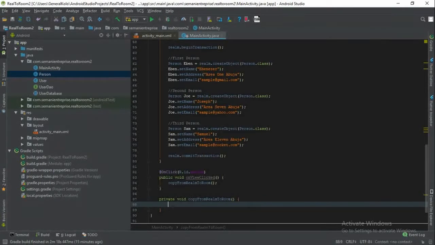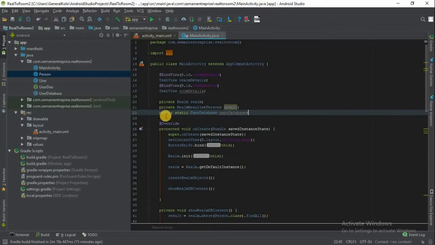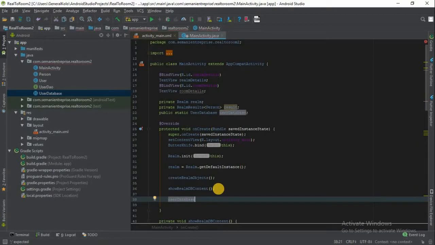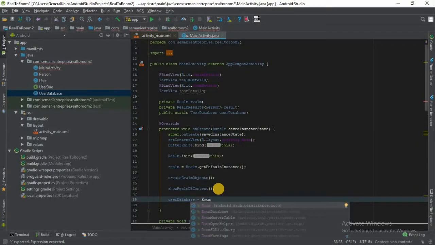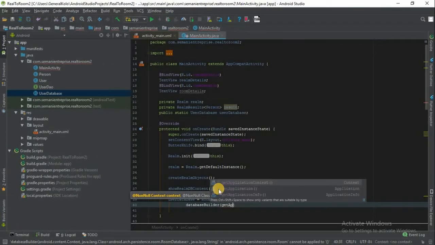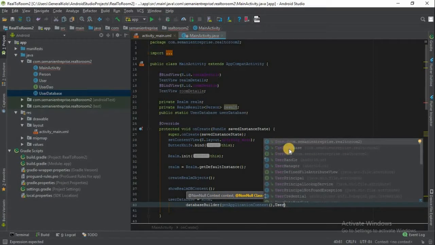Now for us to do that, we have to first initialize our database here. So we'll go to the top of this file and create a new variable: public static UserDatabase, which is this, create an object called userDatabase, and then right in our onCreate method we're going to initialize it. So we're going to say userDatabase is equal to Room dot databaseBuilder. The context we're going to say getApplicationContext,